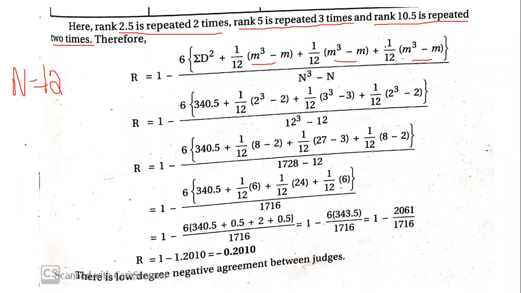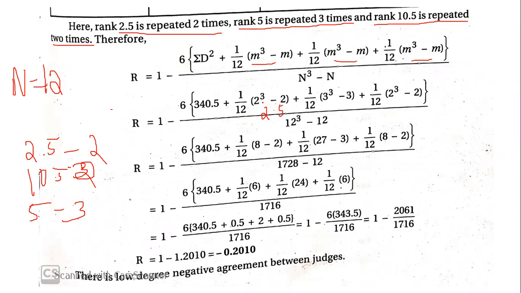Okay, you can first give 2.5, which is repeated 2 times, then you can give 10.5, which is repeated 3 times. Then the other number, sorry, 10.5 is 2 times again, and then the other number, 5, is repeated 3 times. Okay, here what they have done is, first they have taken the value for 2.5 which is